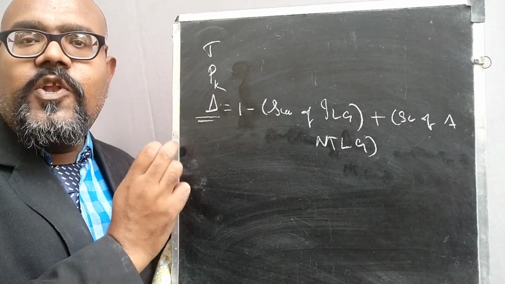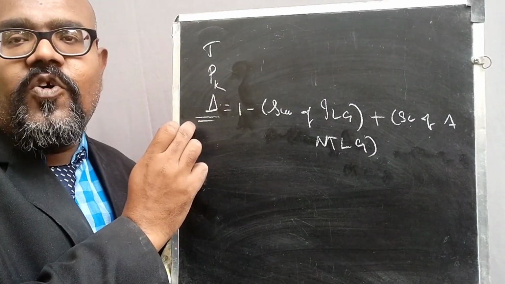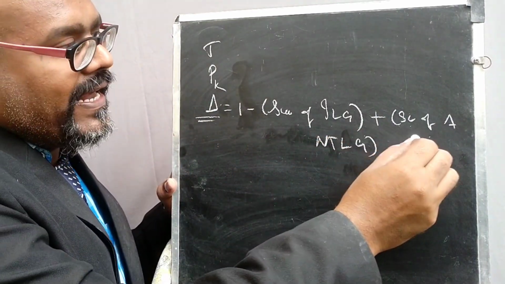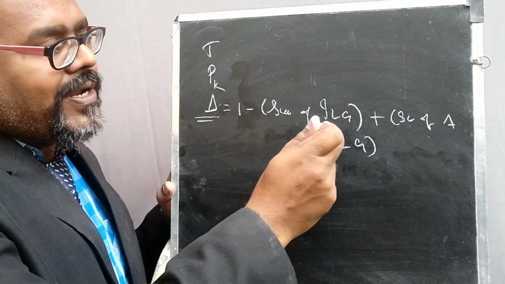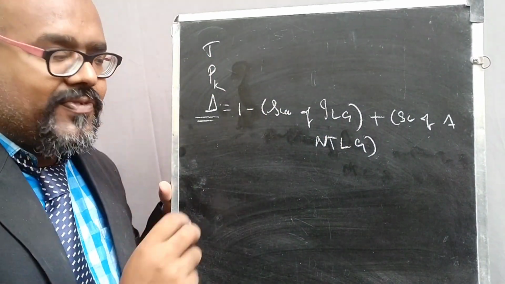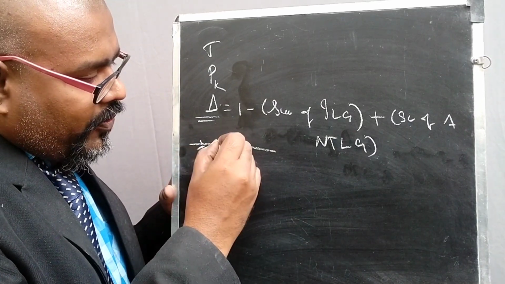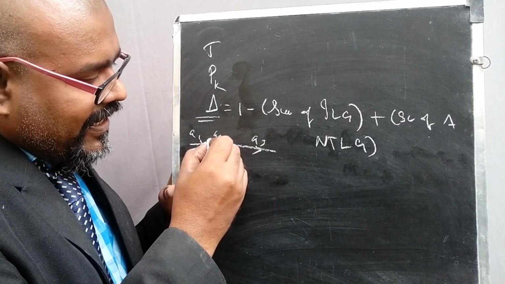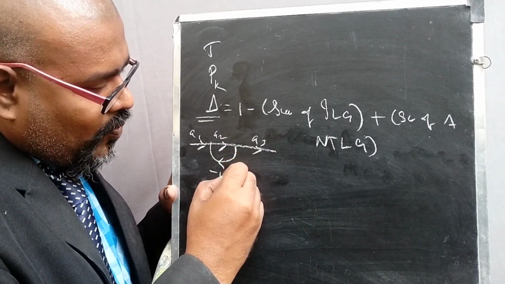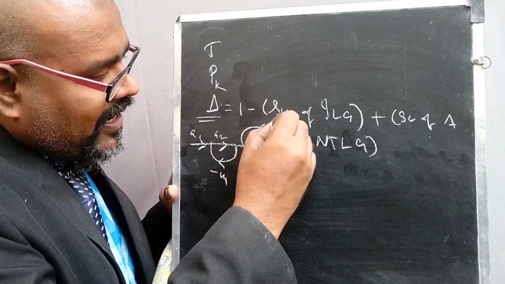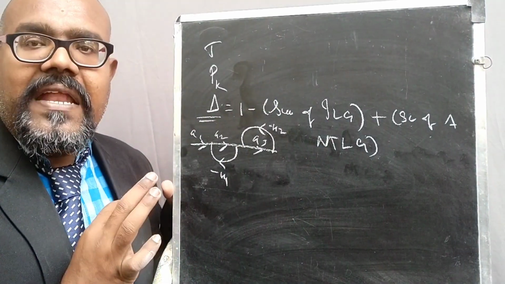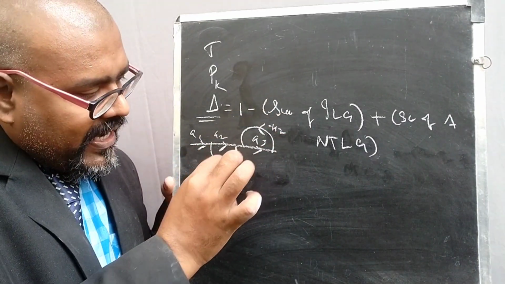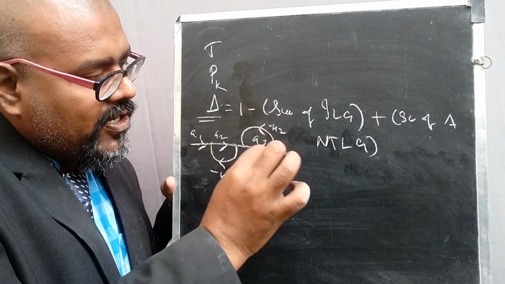Del is a determinant. We need to determine the determinant of the system. Here we have the formula: 1 minus the sum of individual loop gains plus the sum of non-touching loop gains. What is that individual loop gain? Of course, you know what an individual loop looks like, I already told you. For example, this is G1, this is G2, and this is G3, and this is considered as one loop, and this is considered as another loop. How can we calculate the individual loop gain? Here we have two loops. Two loops are individual. This is one individual loop and this is also an individual loop.